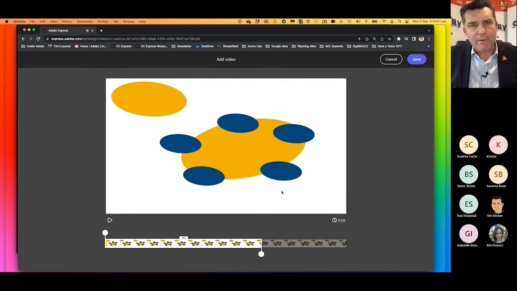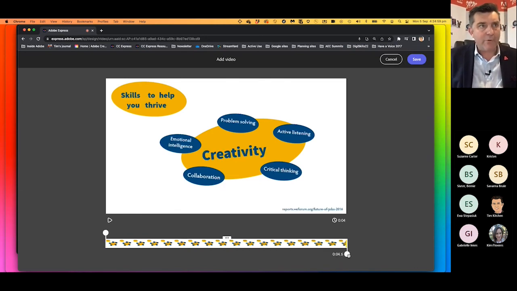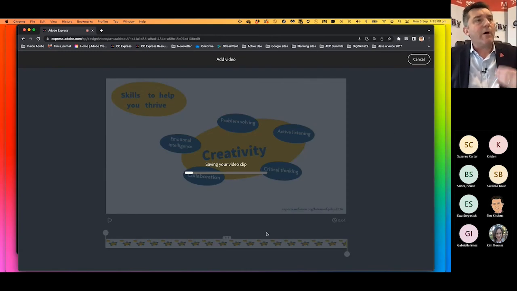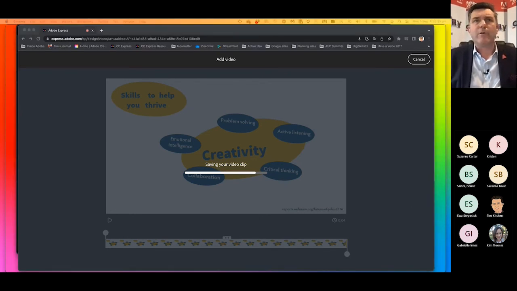Whenever you bring a video into Adobe Express, you can decide how much of that video you want to bring into your story. These little bubbles are like an in point handle and an out point handle. In this case, the video only goes for 4 seconds, so I'm very happy to have the whole thing in. So I'm going to click the save button now, and so that whole 4-second video infographic is going to make its way into my story, and then I'll just finish off with a quick voiceover,